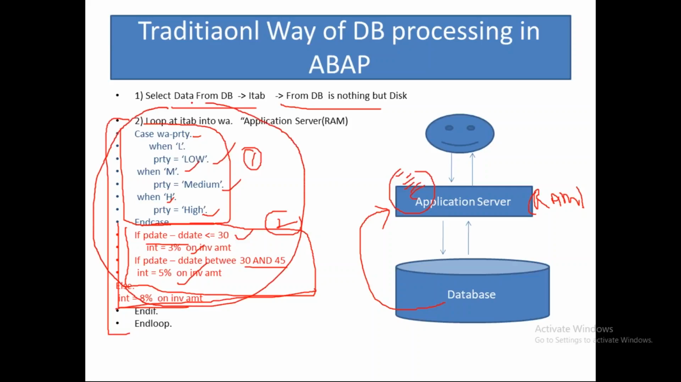Why process at the internal table? Because internal table is memory. So doing it at the memory level is faster. So that is why I am doing it at the internal table. Nothing wrong with this approach. Nothing wrong. But